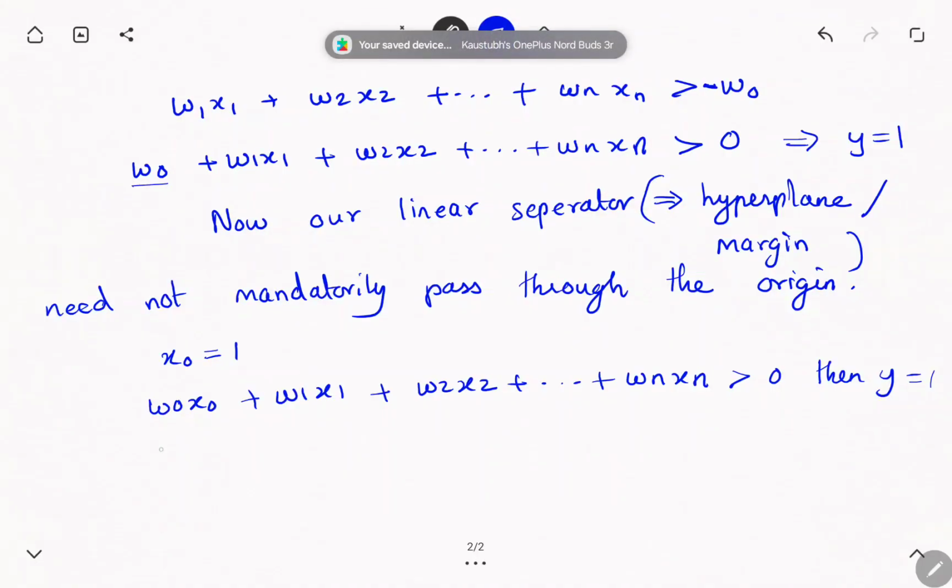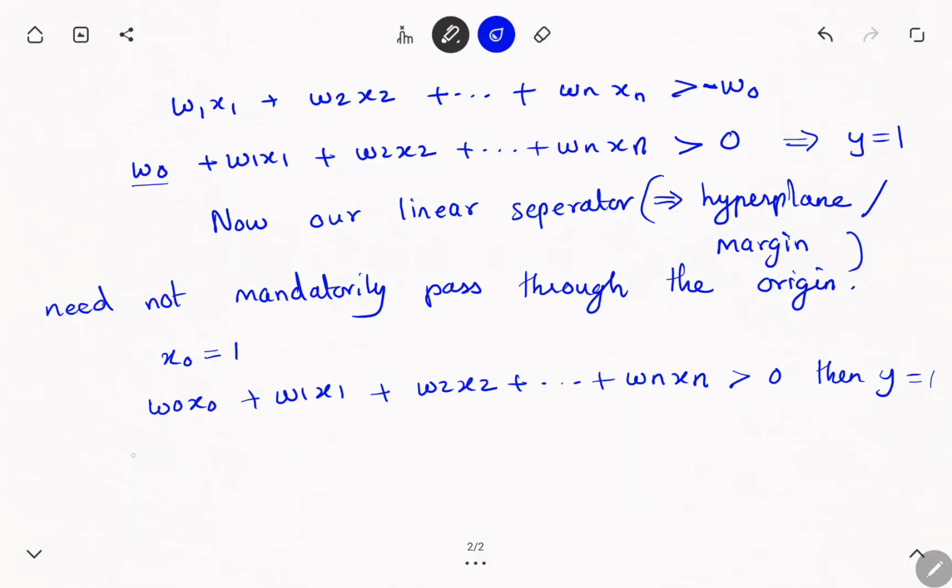Now the output can only be 0 or 1, right? So if output is greater than threshold, okay, so right now what we have done is, the threshold was minus w naught, we took it on the left hand side, and then we added an x naught term to it. So now we can say that if this entire term is greater than 0, then the output should be 1. Now the same thing we can write in equation form,